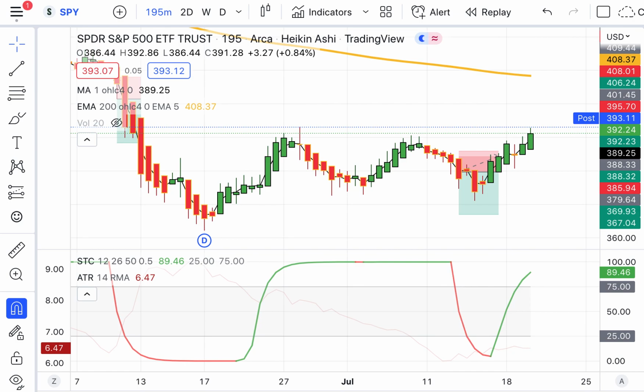Bonds are down, but everything else is up. Bitcoin is up the most. We'll get to that at the end. Let's jump first into the S&P 500. We see it is up for the day